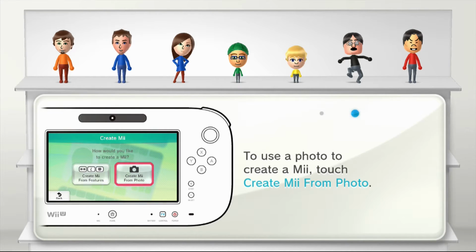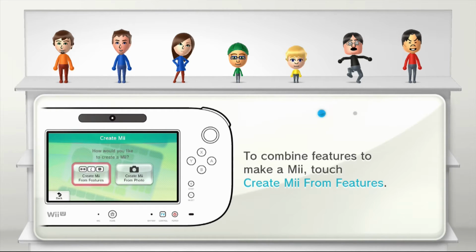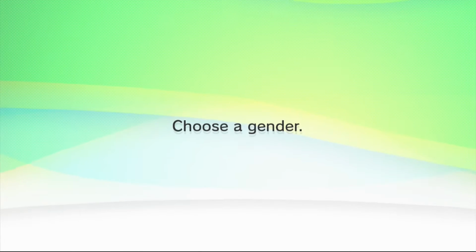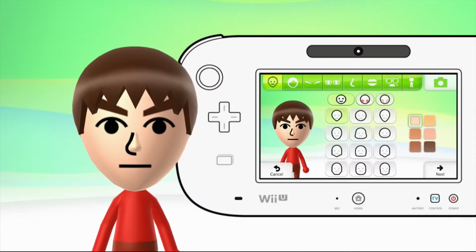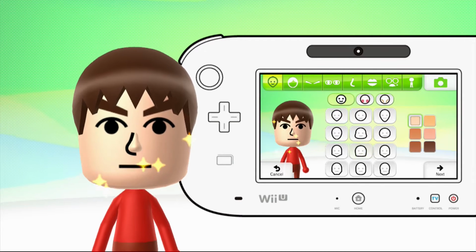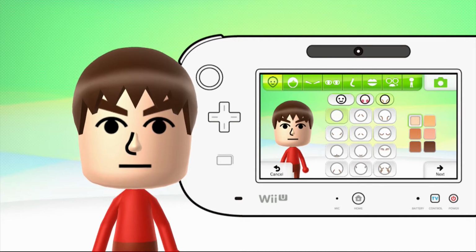The theme for today's video is Disney Pixar's movie Up, and we are going to make 3 Miis based on characters from that film. So we are going to jump right on in there and make a new male Mii. The facial style we want is in the second column and third row. We will switch to the features tab and pick the style in the bottom right corner, thus the third column